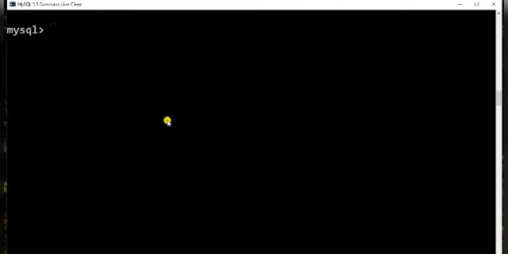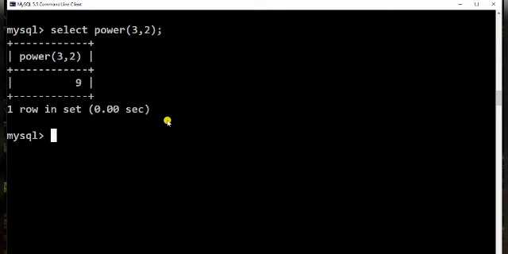Now let us do numeric functions one by one in MySQL. First we are going to do the pow or power function, because these are synonyms of each other. 3, 2. So 3 raised to power 2 is 9, so it has given you 9 as output.